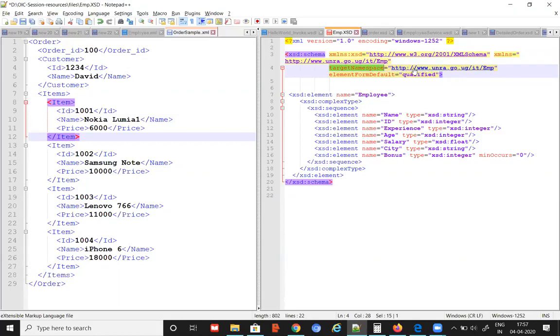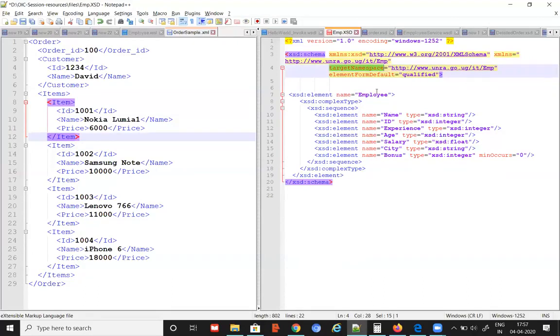What is this one? It's a URL, but the value need not be a URL. This can be simple text also. But the common practice in any XSD is that you will see the target namespace value is always a URL. That is just to make your value unique. Otherwise, I can say ABC and somebody else also says ABC, and there can be a conflict. So the target namespace is basically going to help make your XSD definition available in a unique manner.